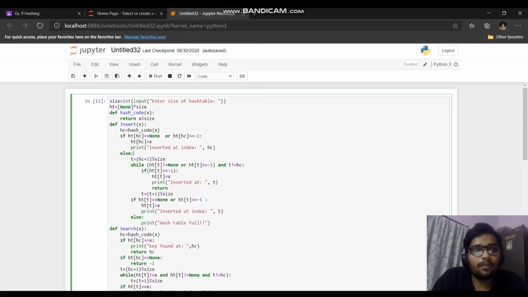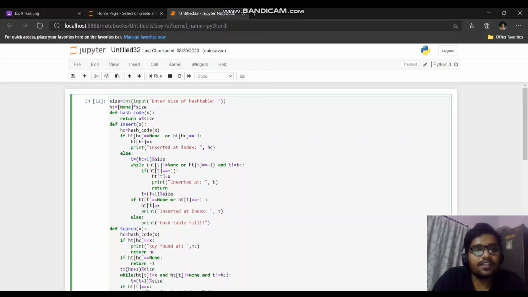Instead of just incrementing hc, we have used this so that we come back to the start of the hash table once we reach the last position. For example, if hc is equal to size, when we increment hc it goes out of range. When we increment and use this remainder operator, it comes again to the first position, right? That is the logic of incrementing t.